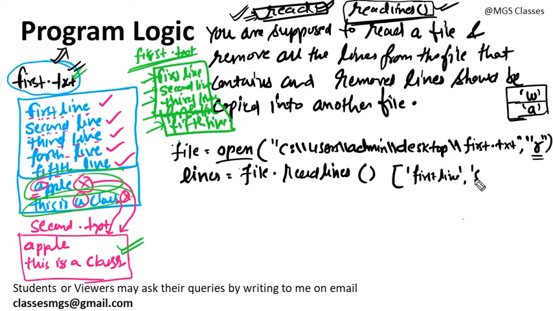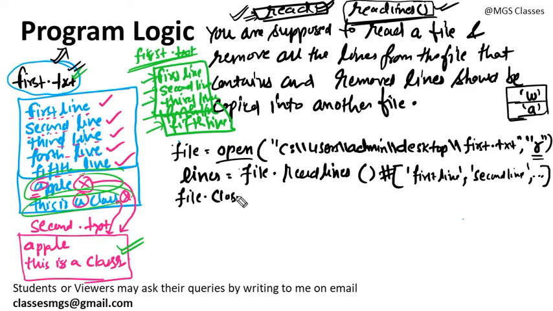Okay, then it will return the second line like this. Each element of the list will be a single line in the file. So this way it will return. I have written it for your convenience. Don't write it in your code. That's why I put the hash. If you write it also, it will be treated as a comment. Then what you need to do is close this file simply.